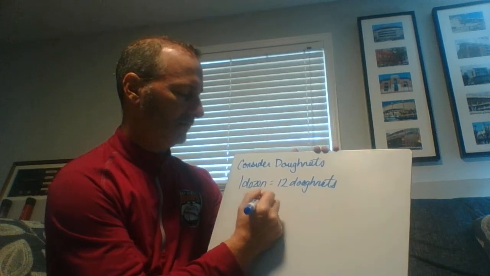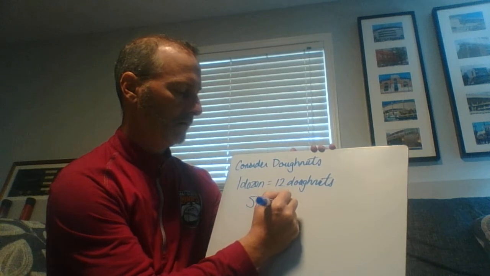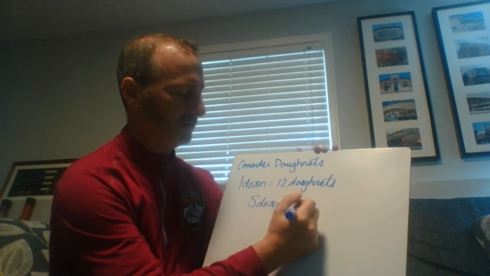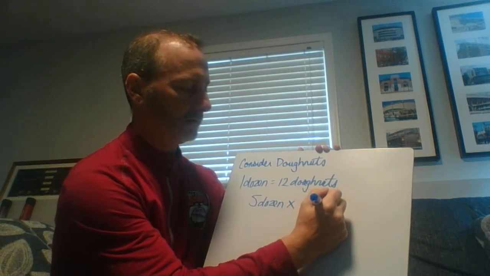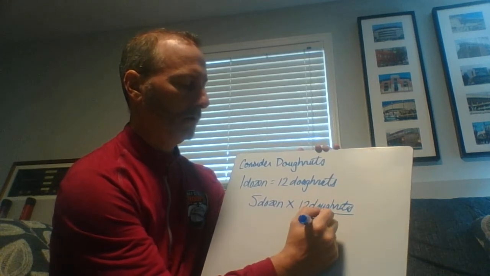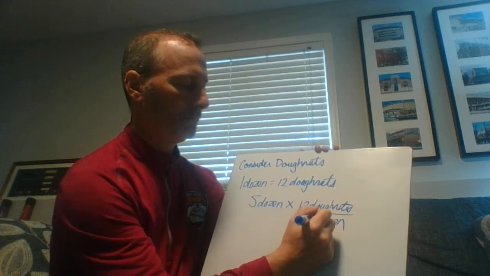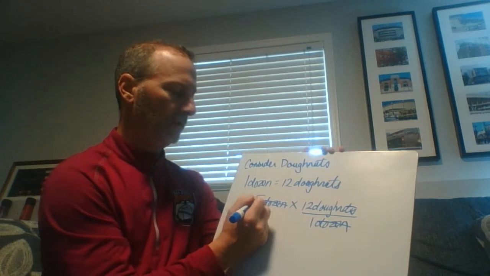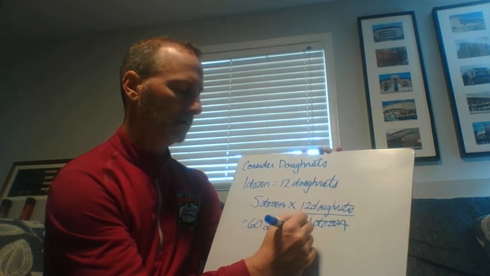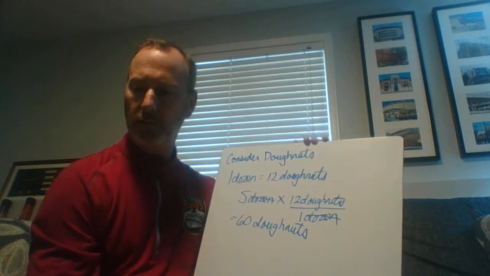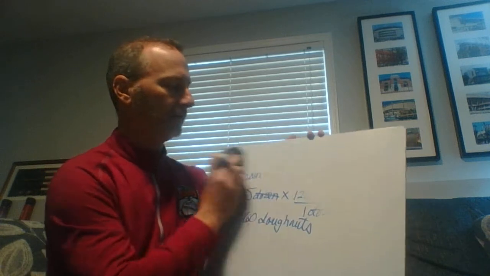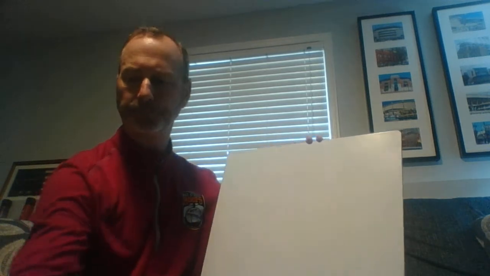So if we wanted to know how many donuts were in 5 dozen, we would take 5 dozen times 12 donuts per 1 dozen. My dozen units would cancel. 5 times 12 is 60 donuts. Okay, hopefully that makes sense. I'm sure we've seen that before. So using that kind of theory in something that's real life that we've all kind of experienced,